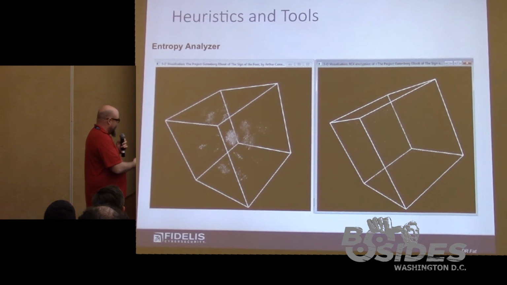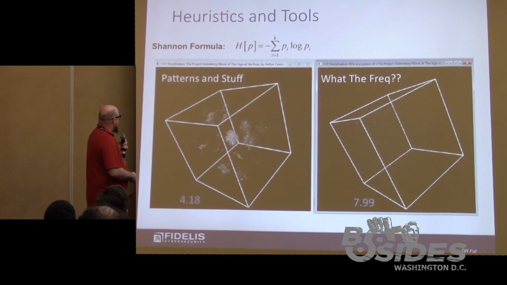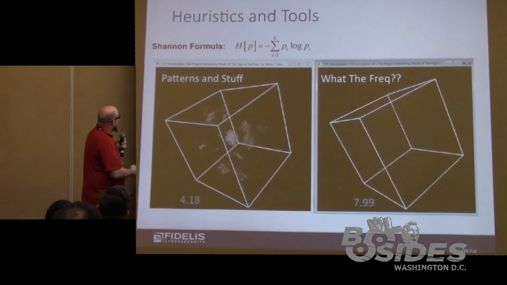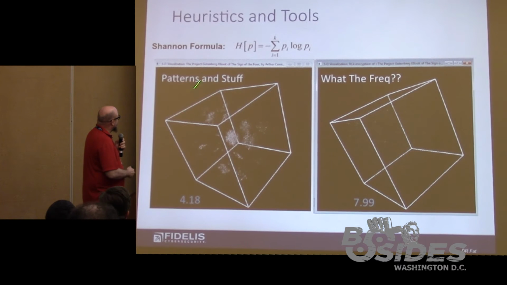So what we're looking at here is the same file, compressed and decompressed. The first one, you can tell there's a bunch of patterns and data clusters that you can actually key in on, and the entropy is fairly low. And this file over here is pretty much scattered, it's very random, and has high entropy. It's used to hide stuff and compress files. You want to keep people from seeing what's inside. Oh, and this is the Shannon formula that Claude Shannon came up with in 1948, I think. For those of you trivia buffs.